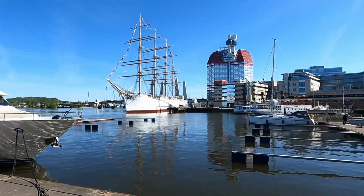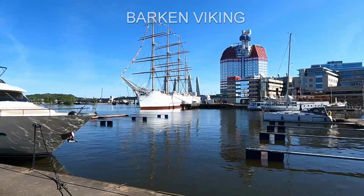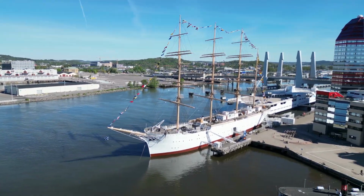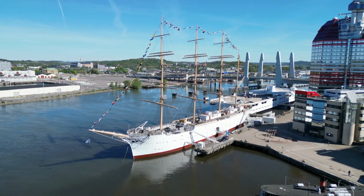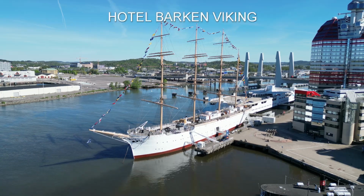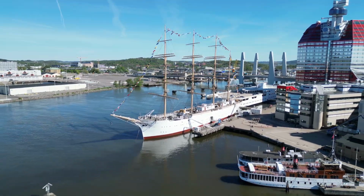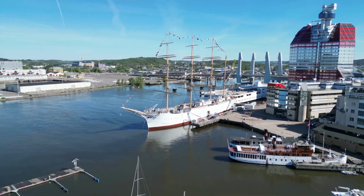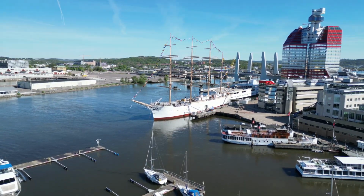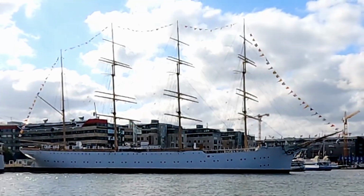We do have another sailing ship in Gothenburg, the bark Viking, a four-masted bark built in Denmark in 1906 and representing the type of the biggest cargo ships of its time period. Today it's a hotel. I read that in 1909 the captain logged a top speed of 15.5 knots in the roaring 40s, and the ship was fully loaded. Great job, I must say. Anyway,